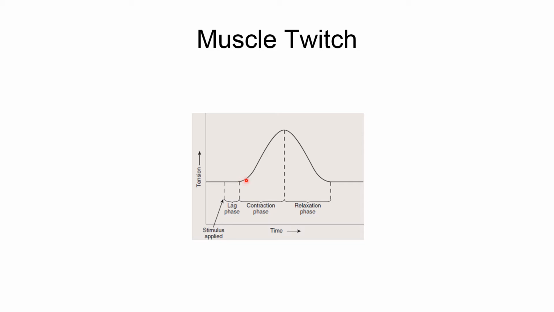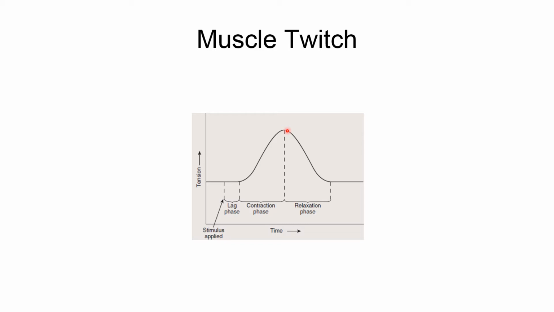When the action potential reaches the T tubule, it releases calcium from the endoplasmic reticulum, and calcium reaches troponin, and a few cross bridges form. There is a little production of tension, and then this tension gradually increases, and it peaks in the contraction phase, and then there is pushing calcium back into the